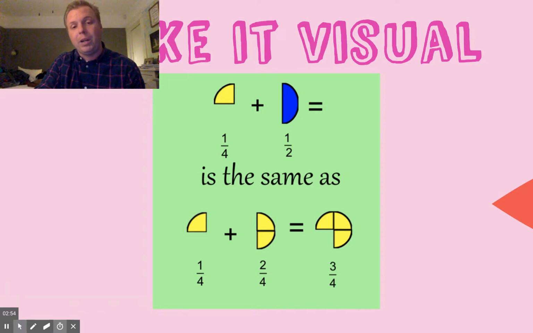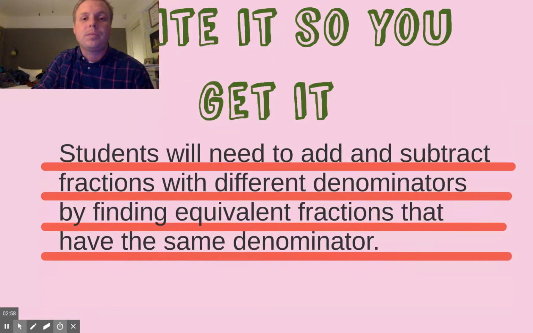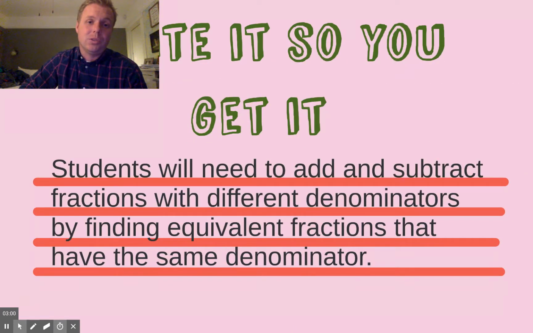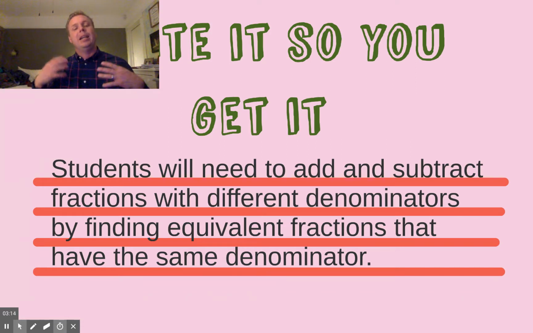So 1/4 plus 1/2 is the same as 3/4. Now I'm going to write it down so I understand it. Students will need to add and subtract fractions with different denominators by finding equivalent fractions that have the same denominator. Now I'm getting closer to an actual learning objective that my kids will be able to bring in and understand, and then build their